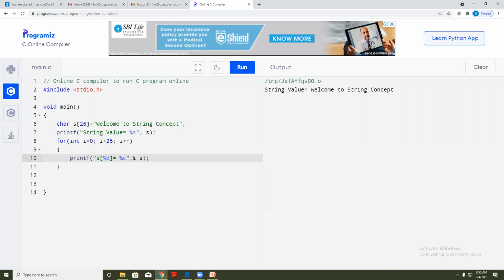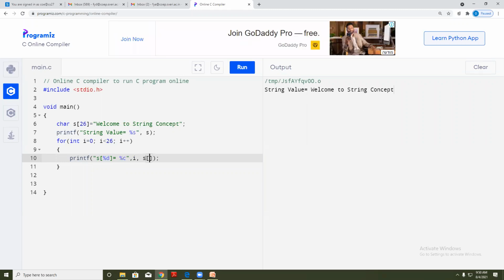Now here s of i. Okay, so it will give me the value of this character at the 0th location, s of 0. So what is the value at the 0th location? This is the first value, w. Okay, now check. Here I will give \n.